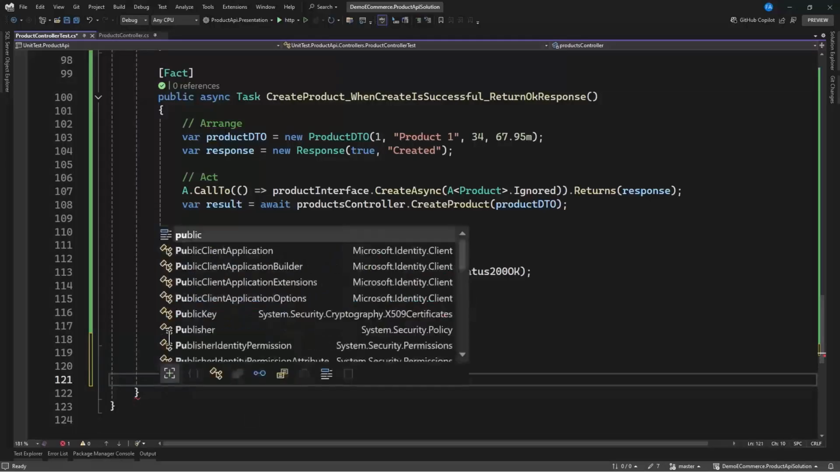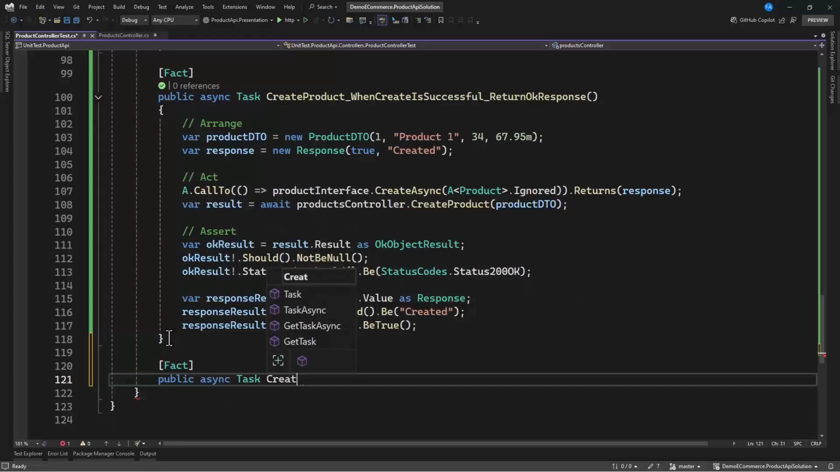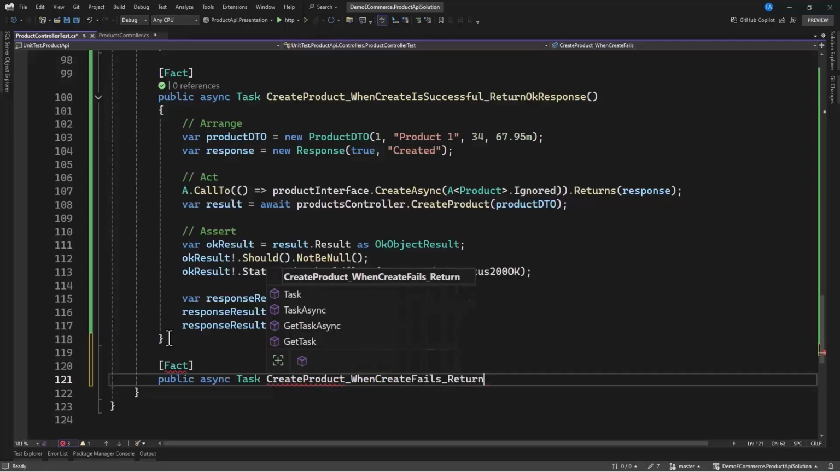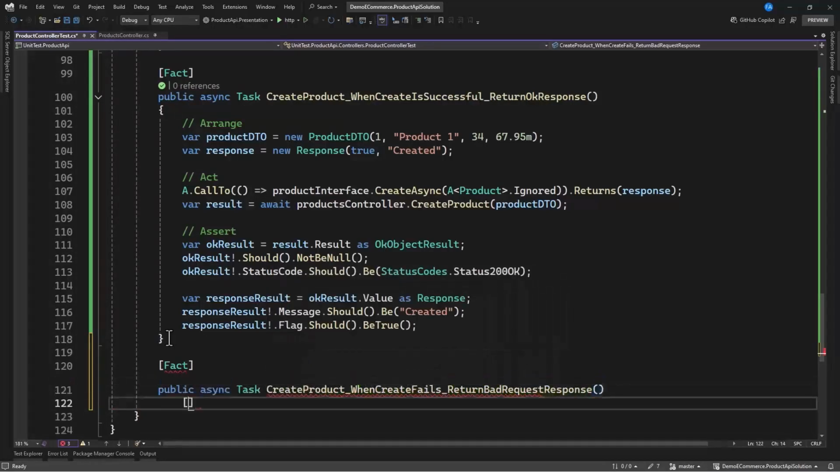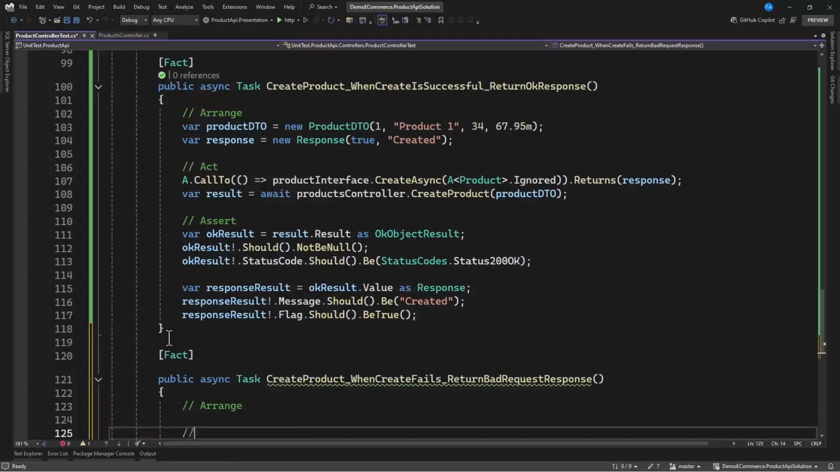And that will be public async task, create product when create fails. Then we want to return bad request response. Okay, now let's arrange, let's act,